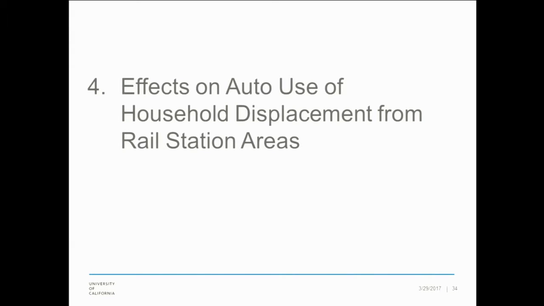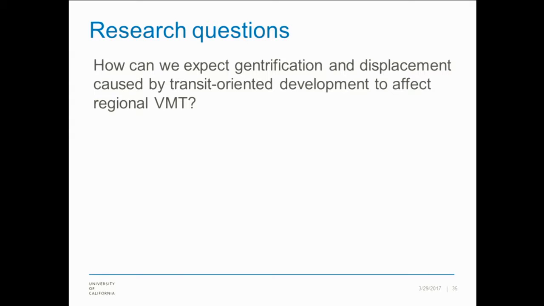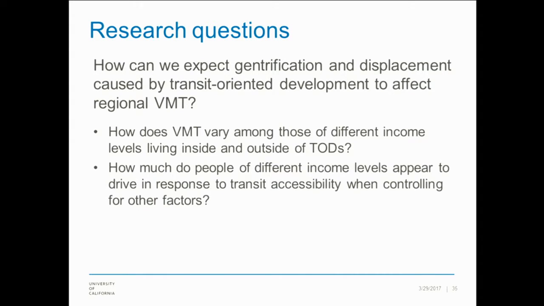But there is a way to do this looking at two other things, and that's what we did in this part of the work. We looked at the auto use of households at different income levels who lived in different places, and we compared them to infer what the net auto use, or VMT impact, would be of a higher